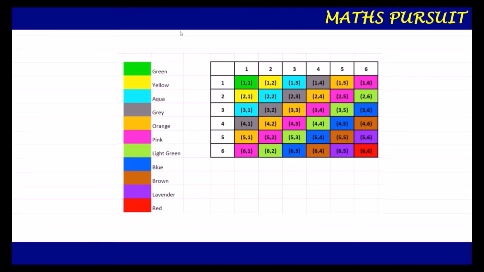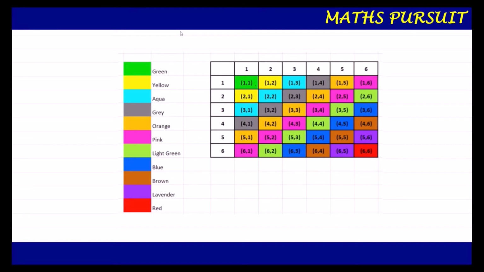when we throw two dice, for getting a sum of 2, one favorable outcome comes, that is the green color. If you look at this green color, you will see that for getting a sum of 2, we have only one favorable outcome, that is 1 and 1. We might get 1 and 1 only once. So that is the one favorable outcome we can get. Similarly, for getting a sum of 3,